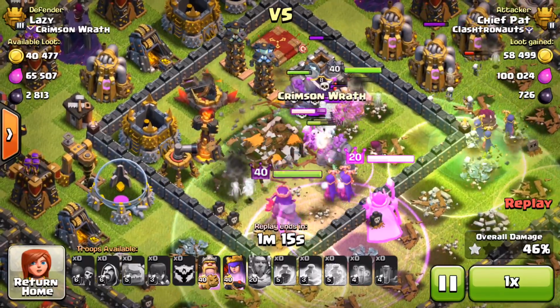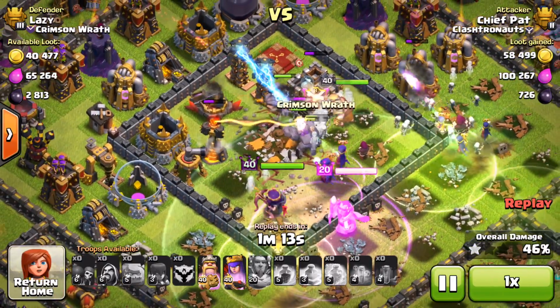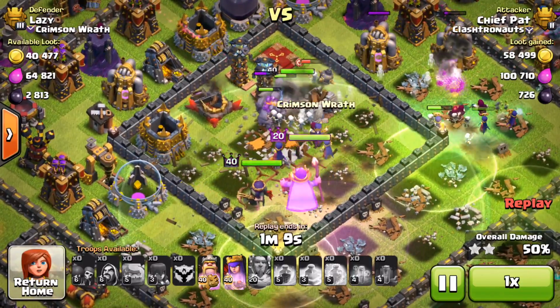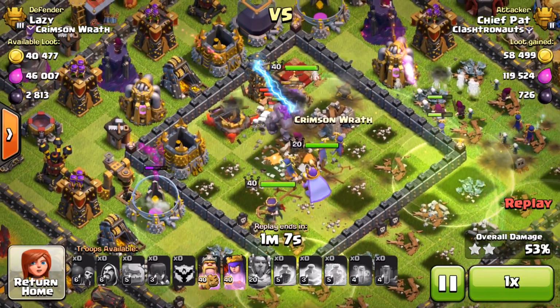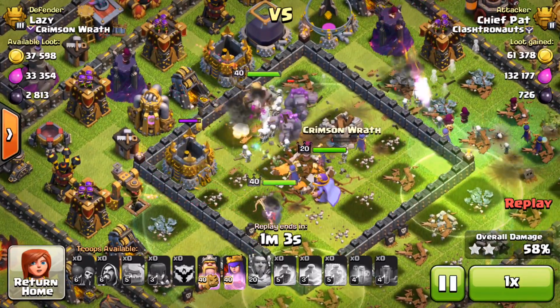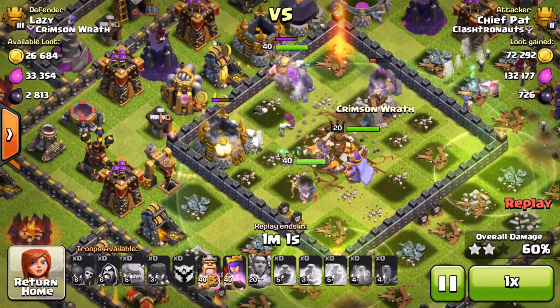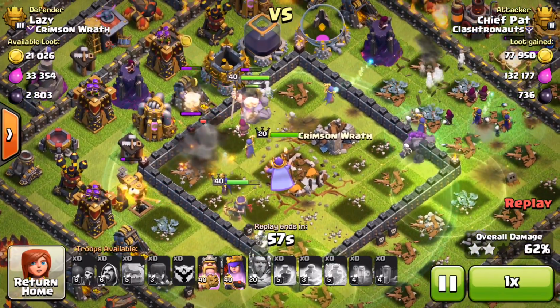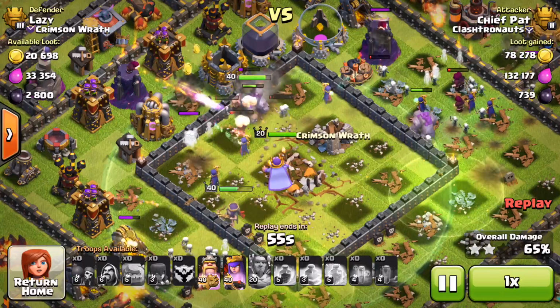So both golems are in the core as well. They're going to do a great job of soaking up damage. Single target Inferno Tower really isn't going to be able to mess with my King, Queen, or Grand Warden, so sort of just waiting things out for now. But whenever you have full HP heroes in the center of the base, things are generally boding pretty well for you, and I haven't even popped my King's ability or my Queen's ability as well,